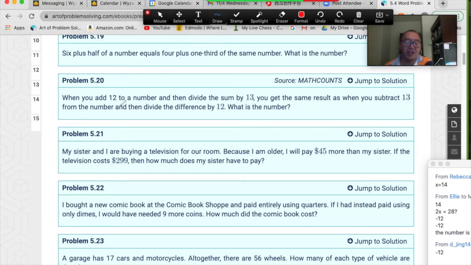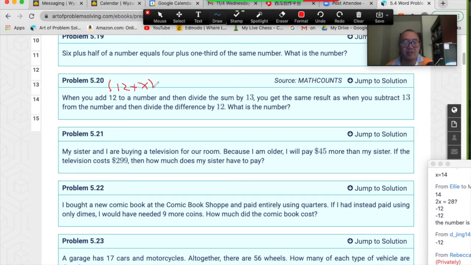Okay, so first, you need to convert these words to math. When you add 12 to a number, this number we don't know, let's suppose it's x. So you do 12 plus x and then divide the sum by 13. So this is the sum, then divide by 13. You get the same result, so that means this will equal